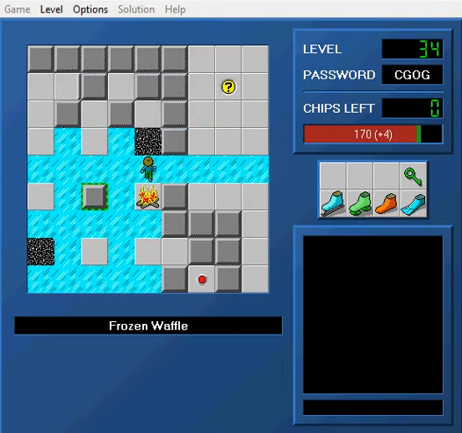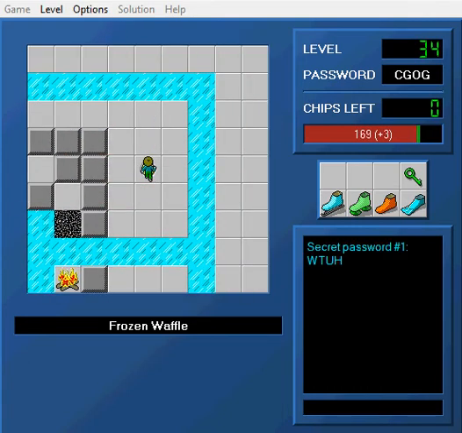So yeah, I didn't do that. So secret password number 1, WTUH. This is the approach we took with the Scyther